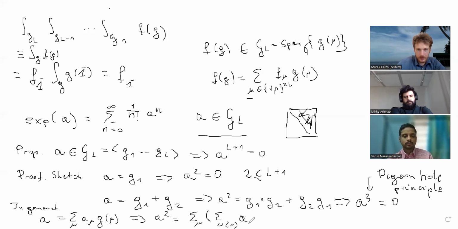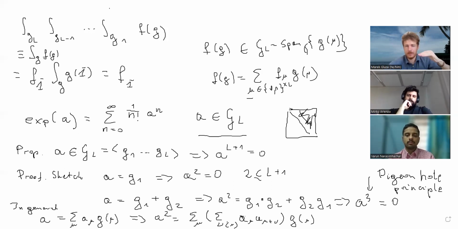So here we are summing up a_mu, maybe a_(mu plus nu) or something like this. There will be some coefficients, and here you can collect them again into some g of mu. But the point will be that basically the grading will be increasing. So what I mean by grading,